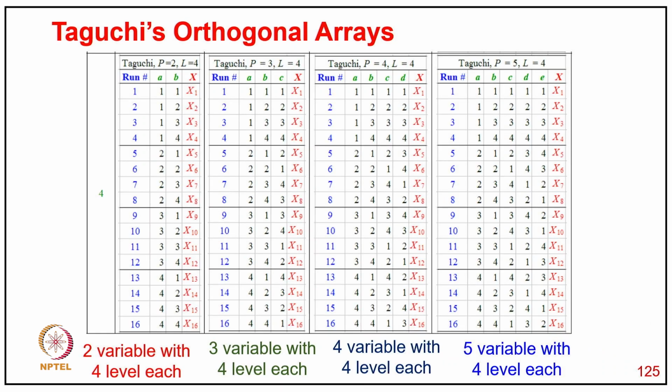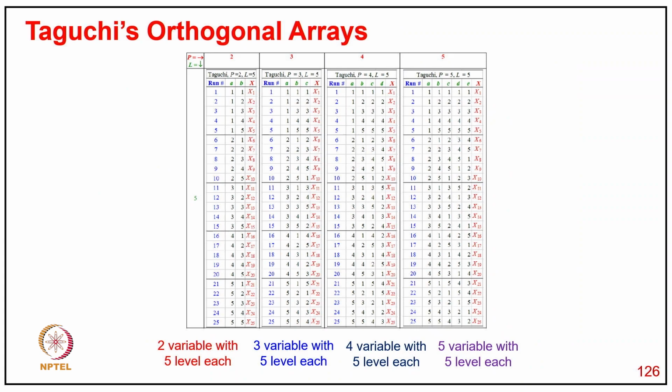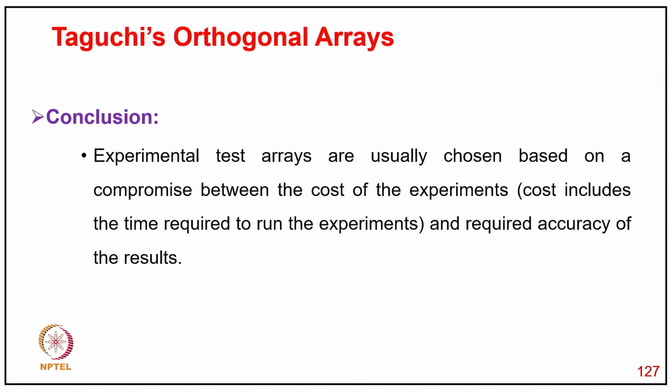And similarly with the 4 level, how the Taguchi array changes with 2 variables, 3 variables, 4 variables, and 5 variables with the 4 level, and again with 2 variables with 5 levels, how this Taguchi array changes for 2 to 5. So now coming to a conclusion of this Taguchi orthogonal array, the experiment test